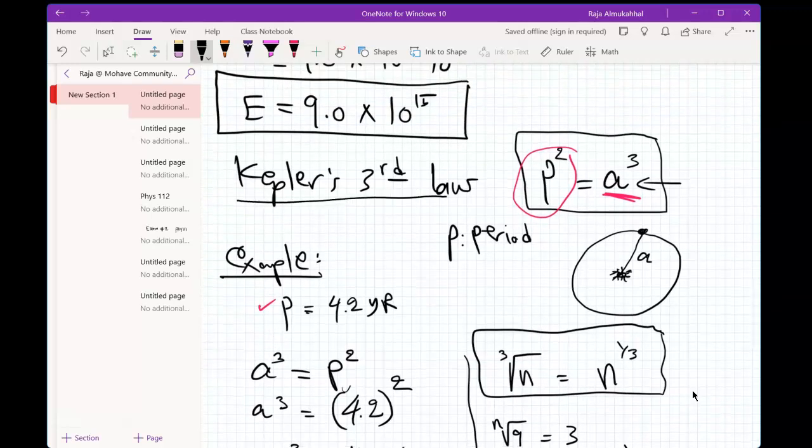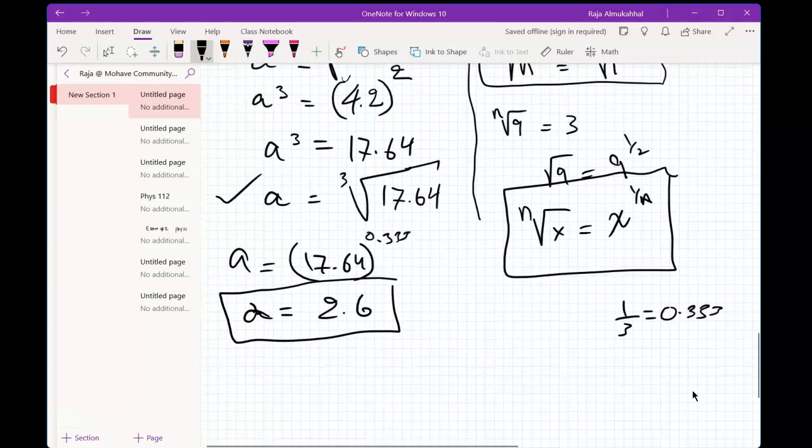So we have this planet. It orbits its own star. It takes it 4.2 years to orbit its own star. How far is it from the star? Well, it is 2.6. We call that